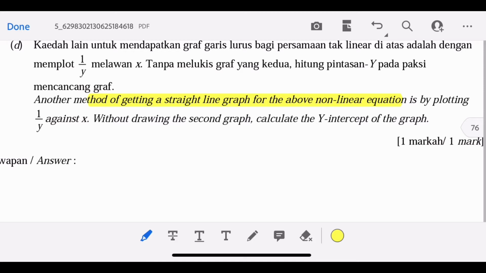Then we will solve the constants, and then without drawing the second graph, calculate the y-intercept of the graph. Alright, so that means we actually find the gradient and